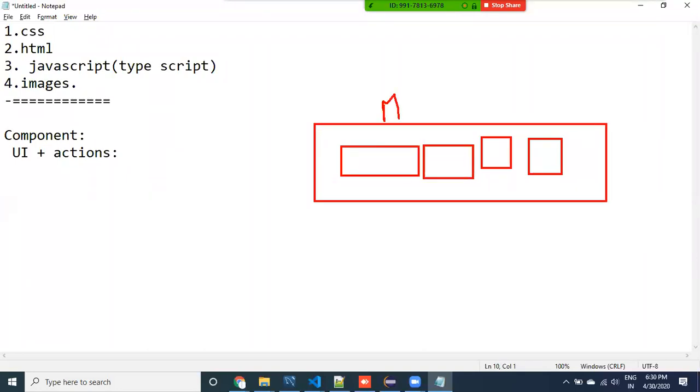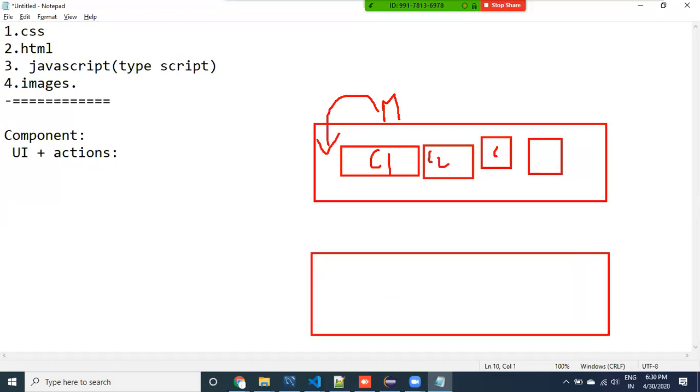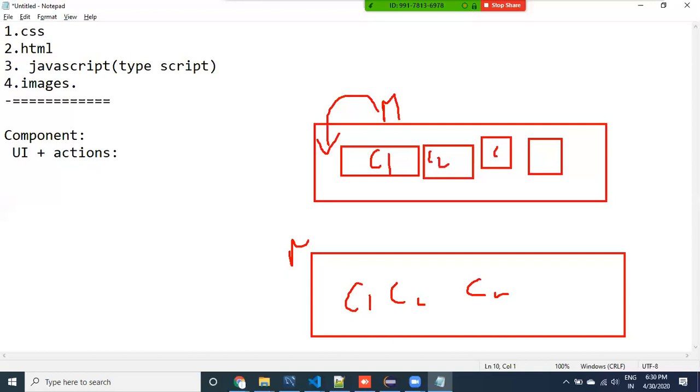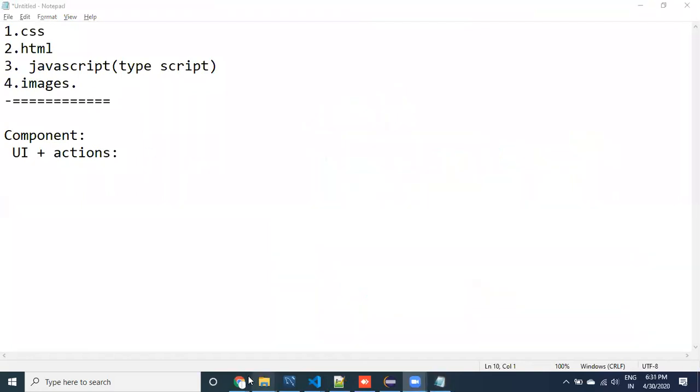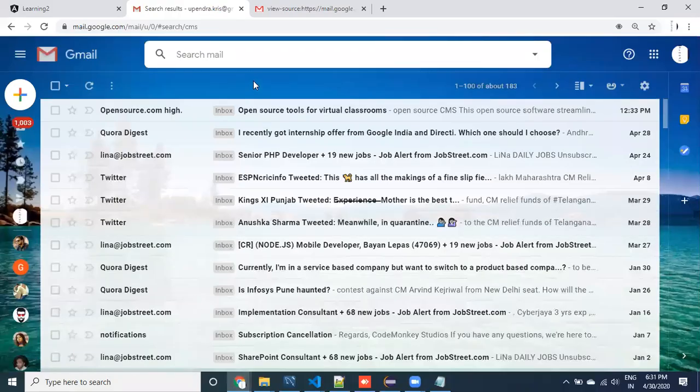See here, guys, this is going to be the module. This is one component, this is one component, this is a component. So a few related components are going to come into one module. If you want to create multiple components related to another module, then another module is going to be created like this. So a component is a piece, multiple pieces are in one module, and multiple modules become one application.